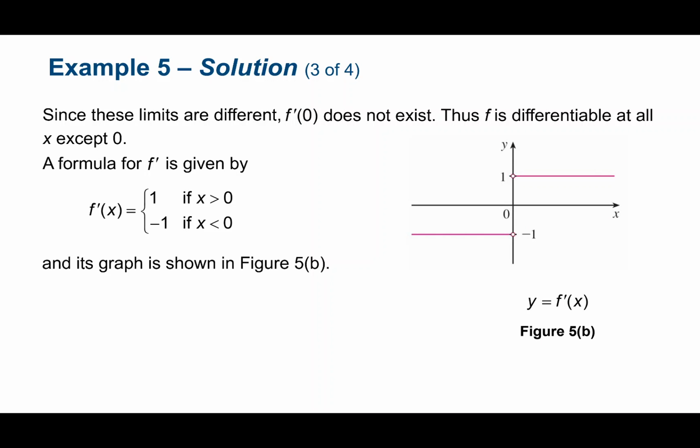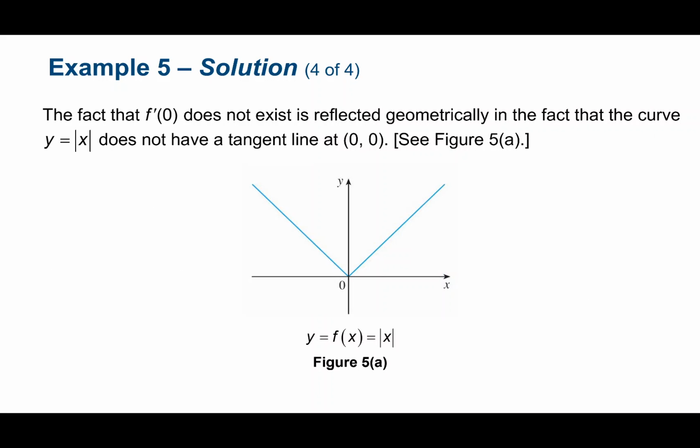If we think about the graph, here would be our graph of the derivative function. It's undefined at 0, so we would say our function is non-differentiable. It's not differentiable at x equals 0. So if we think about the graph, when does that happen? There's the absolute value of x. Everywhere over here, our tangent line looks just like the graph. We've got a positive tangent line with a slope of 1. Everywhere on the negative side, our tangent line looks just like the graph. We have a negative slope tangent line with a slope of -1. But then at 0, we've got this corner.